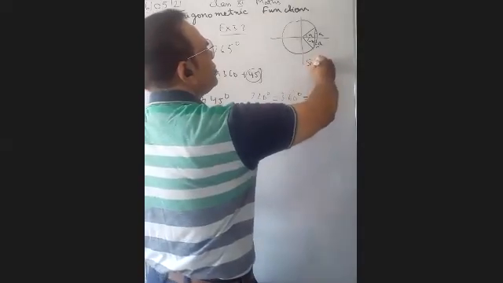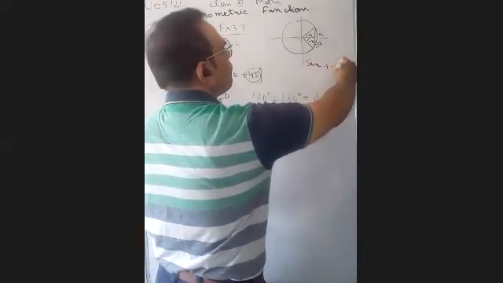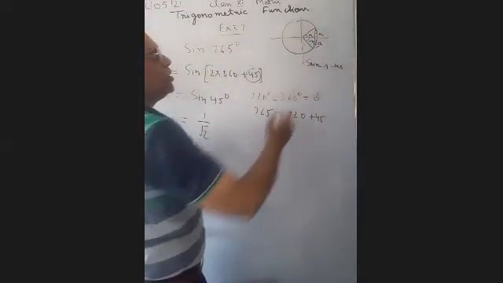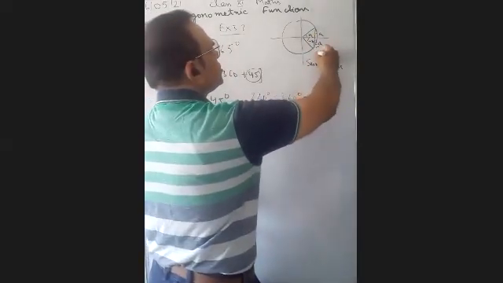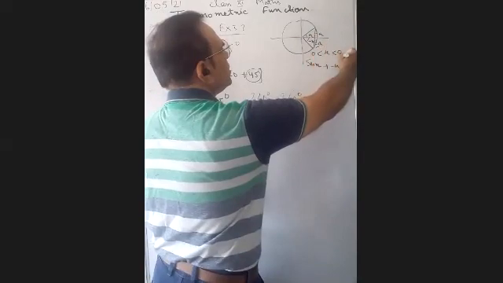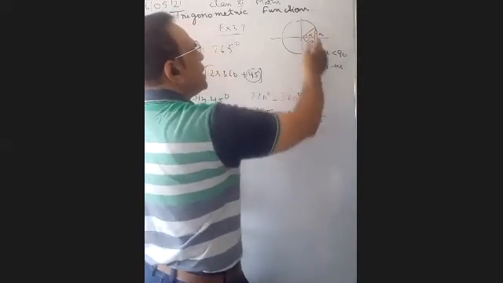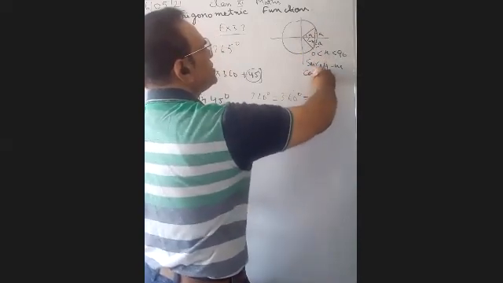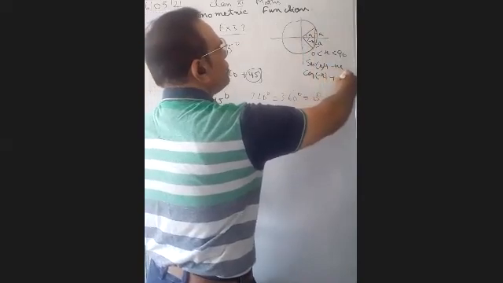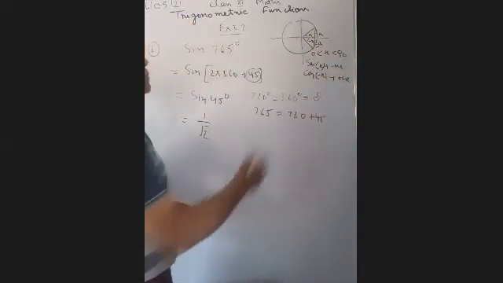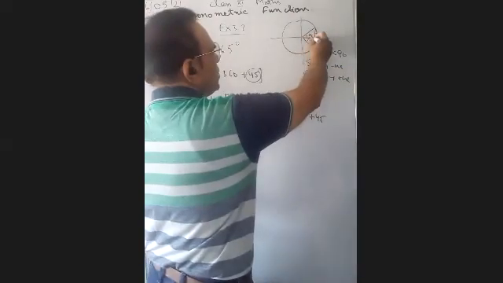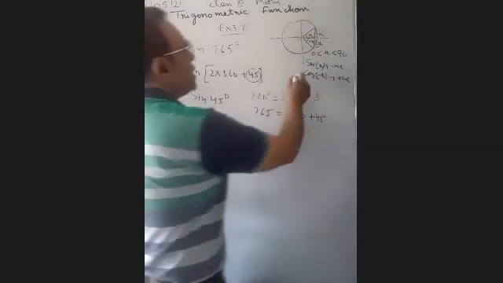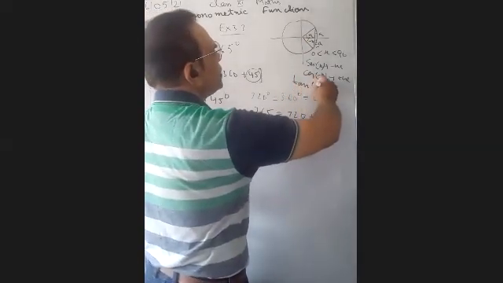यानी कि sin x will be negative in, यानी कि sin x, x is less than 90 degree. ठीक है, x we are taking which is greater than 0 to 90 degree. So sin minus x will be negative. Cos minus x will be positive because cos theta depends on base. Base will remain the same, positive. So cos minus x will be positive. Sin minus x will be negative. Tan minus x will also be negative.